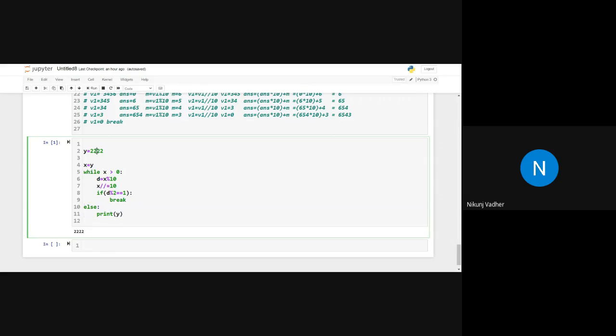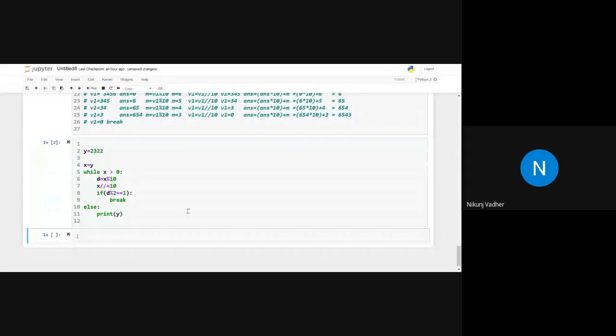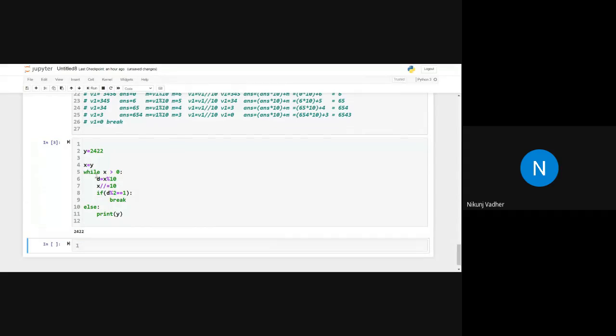For example, let me give you 2 3 2 2. We will get nothing in output. But if we say, let's say, 2 4 2 2, then we will get output. Now clear, Mohammed? Yes, sir.